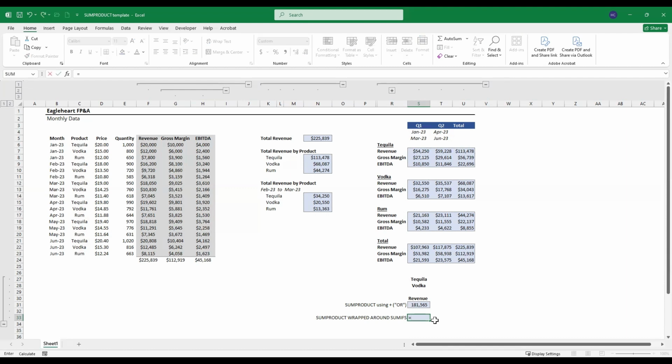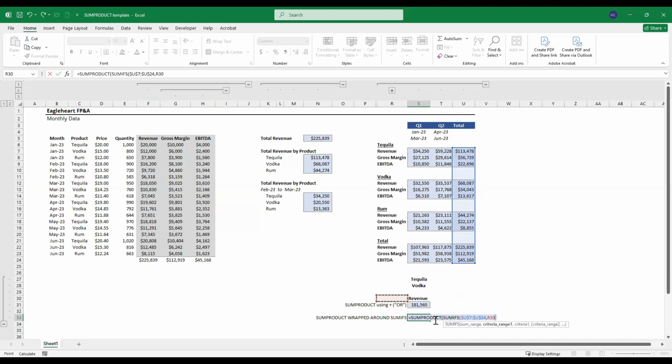Let's start with equals SUMPRODUCT, hit tab, SUMIFS, and let's say we want to capture the total revenue again for just tequila and vodka. And this time, let's use this range here. So let's go all the way up to U7. Hit F4 to anchor. And for criteria range 1,